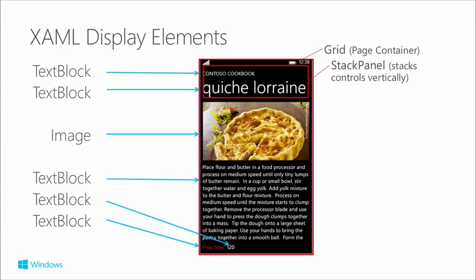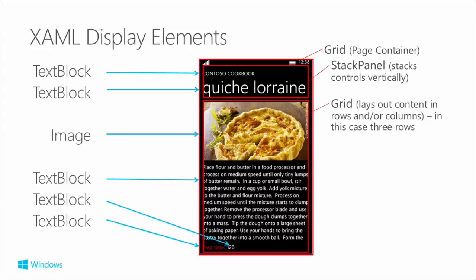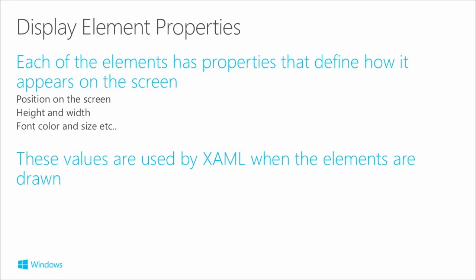Then we've got other layout controls which are all about arranging these controls together. So a stack panel where you can stick controls into it and it will automatically stack them either vertically, as in this case, or in the bottom one horizontally. So these layout controls all work together. We're going to build this in a minute, so if you're not used to this and haven't done any XAML design, you'll be able to see how it works.